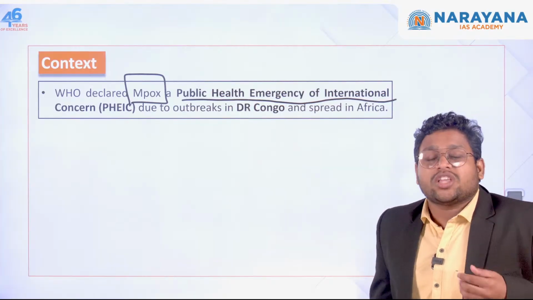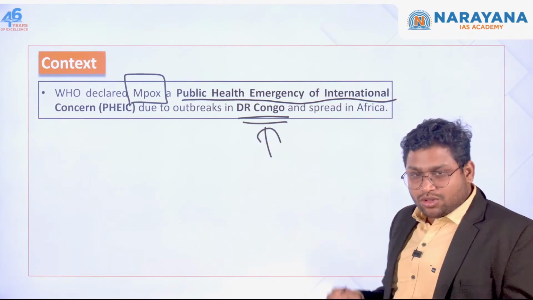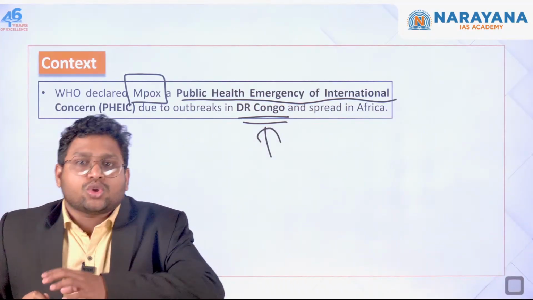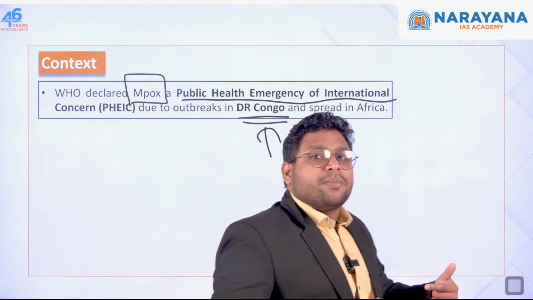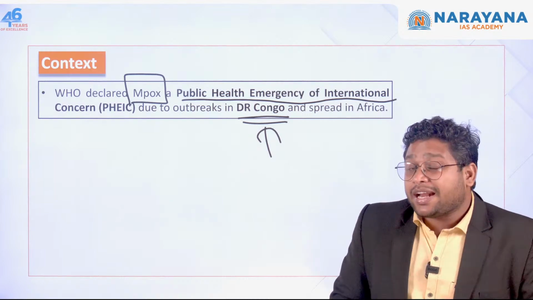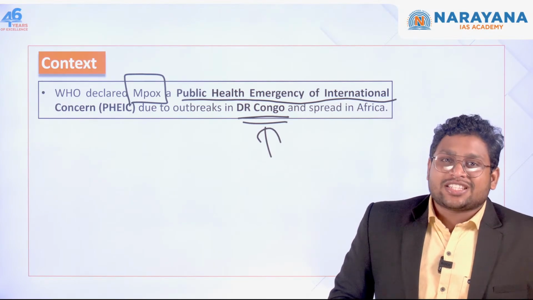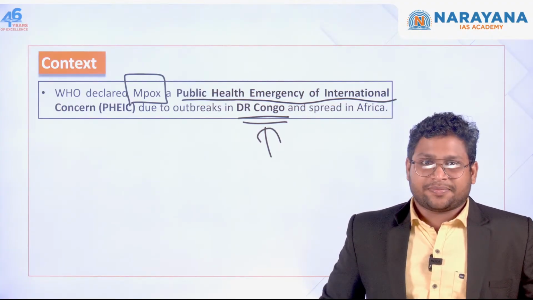And they saw the outbreak of this disease in the Democratic Republic of Congo. So they observed that it is spreading from the Democratic Republic of Congo, then throughout Africa. They were observing the way it was getting spread, that made it something we call of international concern. The international community should be concerned about this particular disease. Okay,